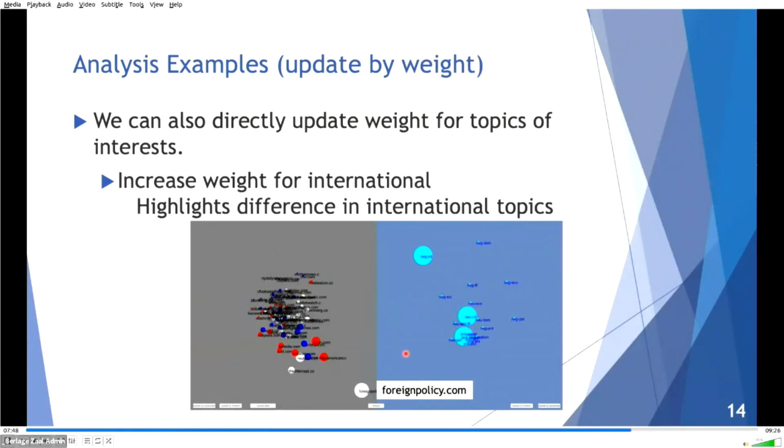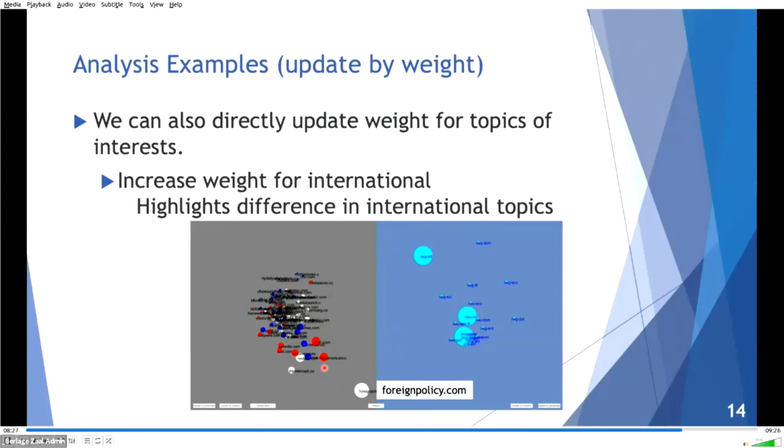We can also modify the MDS representation by changing the weight for each dimension directly. This is an example that changes the weight for positive, neutral, and negative of international dimensions. Based on this weight change, the system can show the similarity results focused on the international topic. News sites that have a small number of articles for such a topic are gathered in the middle. On the contrary, news sites that have interests in international topics are highlighted.